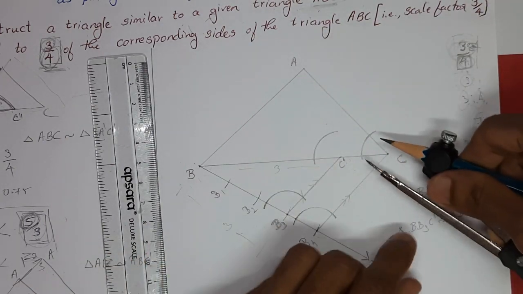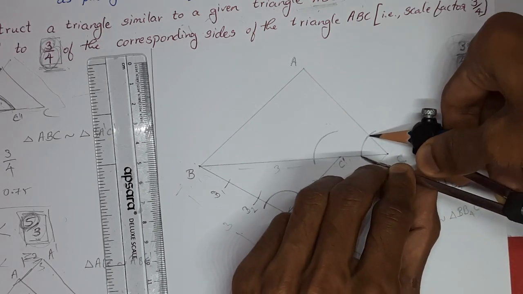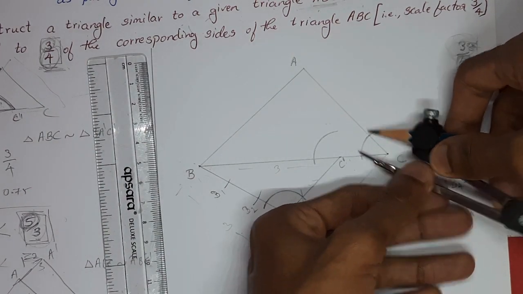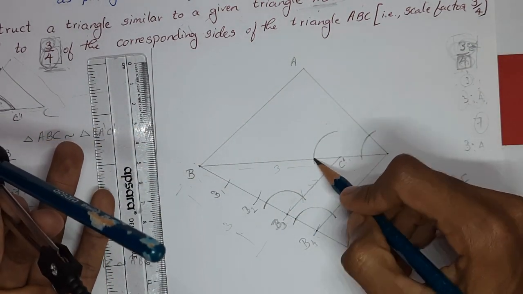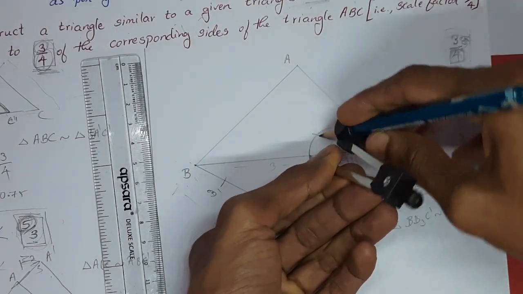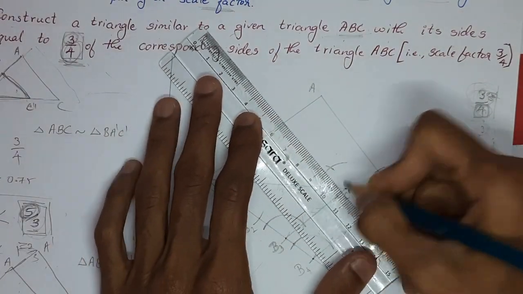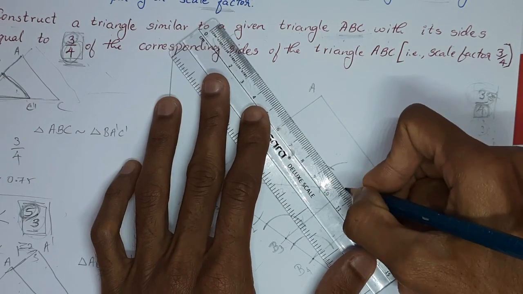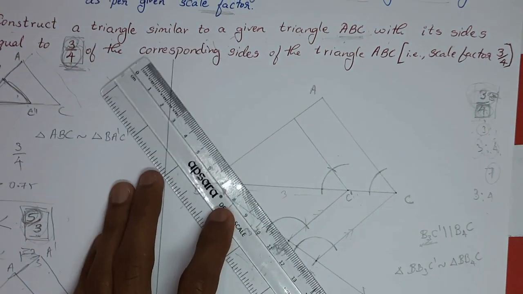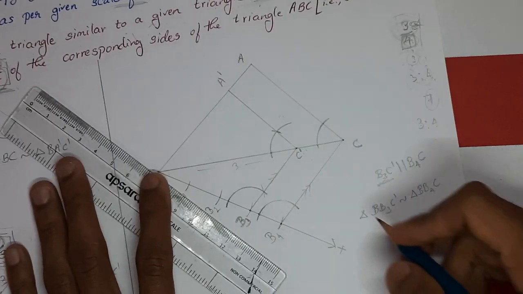So now measure this point and this point. How much measurement do we have? Just measure. Keep it the same way here. Okay, you have taken the measurement. See, this is how I have taken the measurement. Keep it on this point now, and after keeping it here, cut it exactly here. Now join this point and this point. And the line I have drawn here will be parallel to this AC. So this one you can take as A dash and this is C dash.